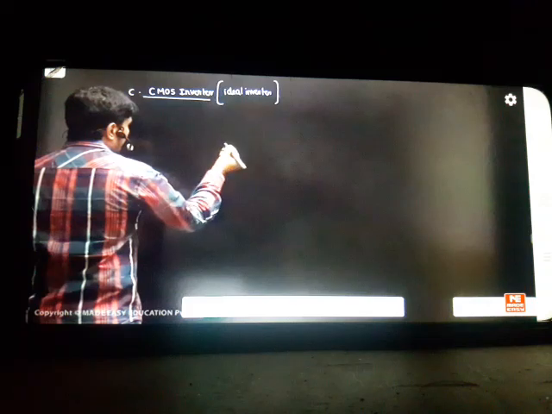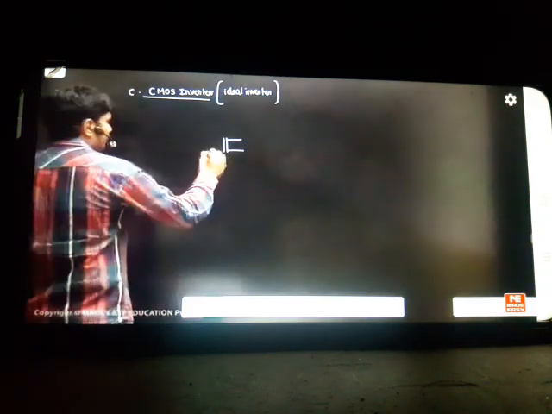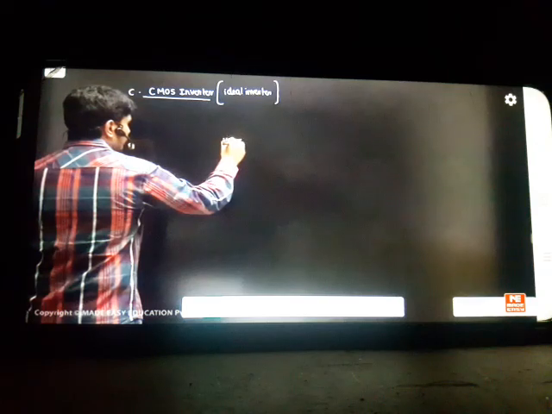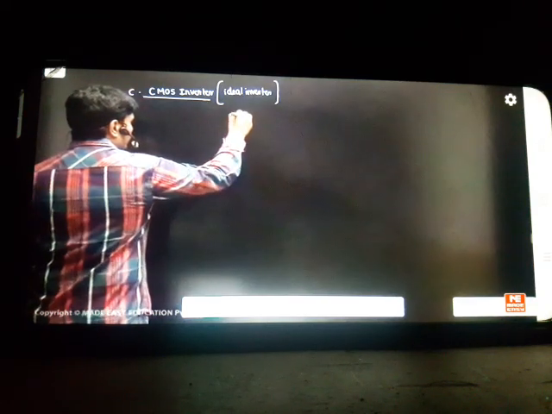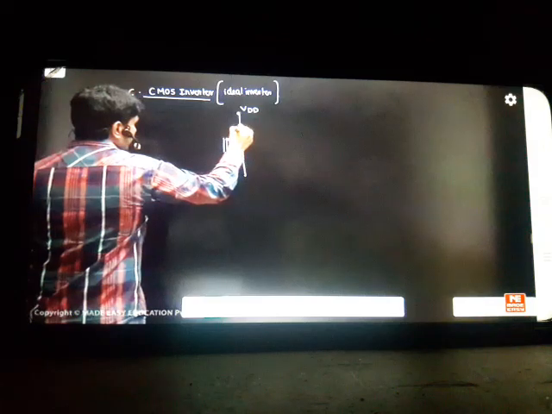How to design a CMOS is very simple. First, above, I take one MOSFET. That MOSFET should be a PMOS, so the source has to go up here. Always the source should be at the top, the drain at the bottom. This is VDD I'm taking. This is the source, this is the drain. This is one way of showing the PMOS symbol.